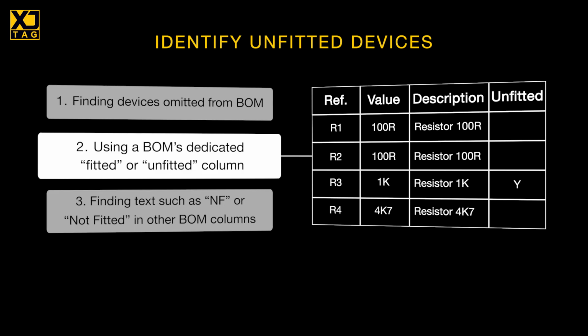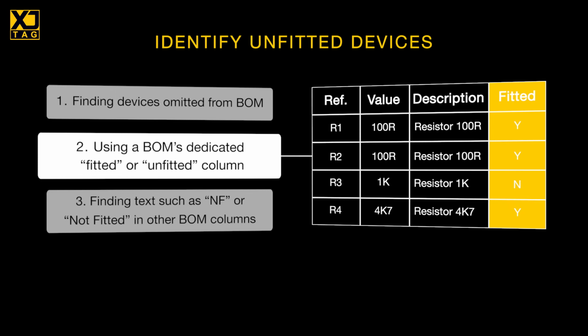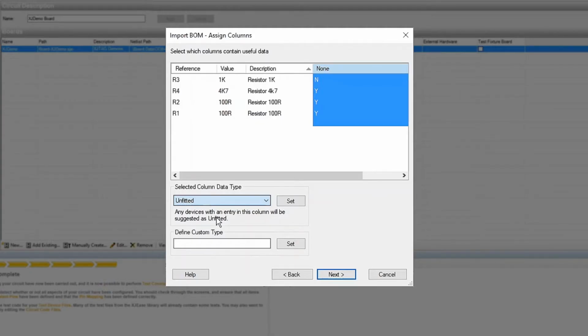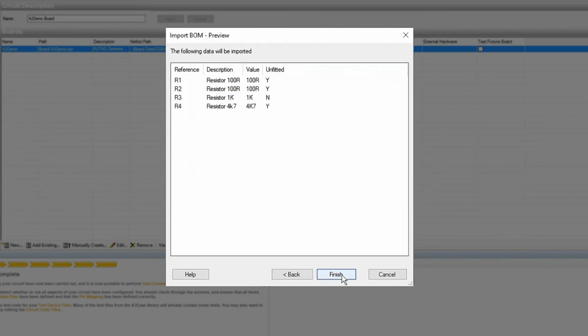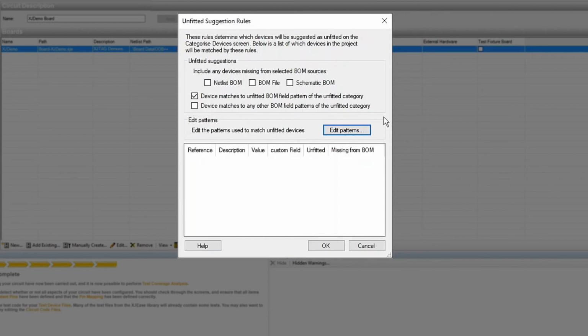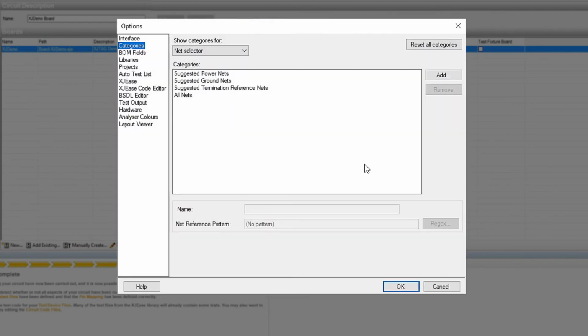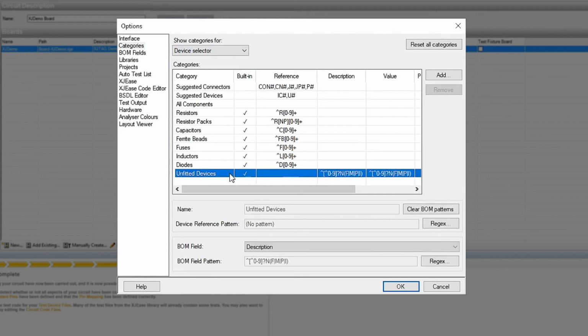But what if you've got a fitted column rather than an unfitted one? In that case, when you import the BOM, you should still map the unfitted category to that column. Don't worry that it says unfitted rather than fitted, that won't affect what happens. Follow the same steps as before to set the regex. Remember that you're now searching for any device with an N in that field.